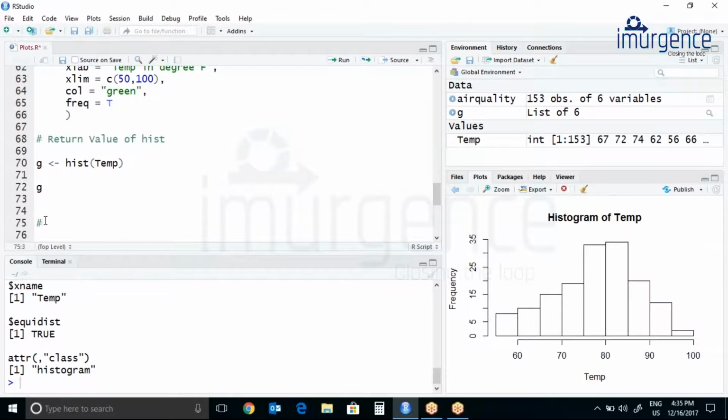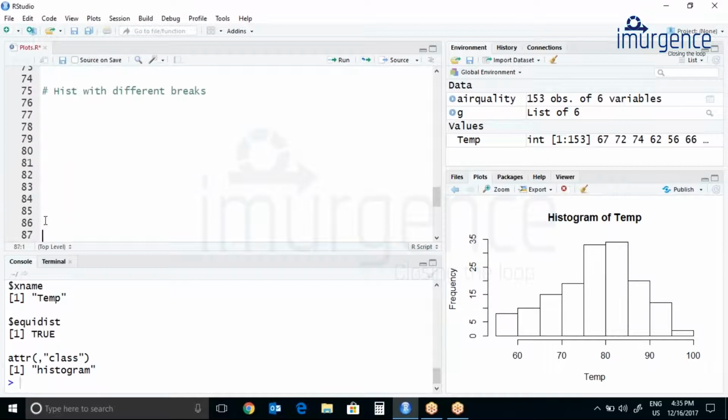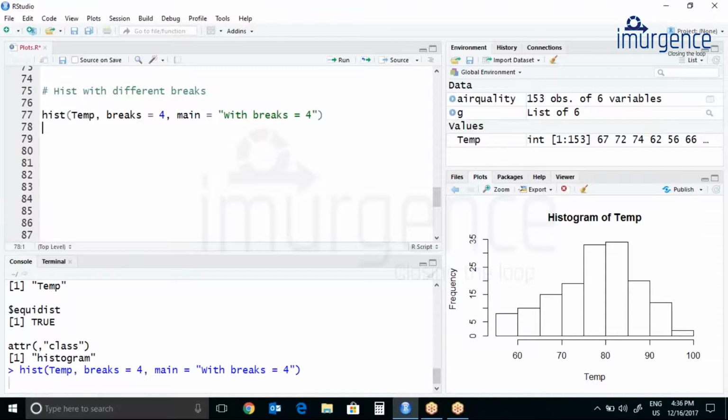Let's try with different breaks. So let's do hist, pass temperature, comma, breaks equals to 4, and let's add main over here, equals to 4.